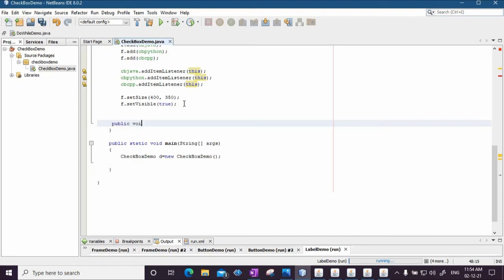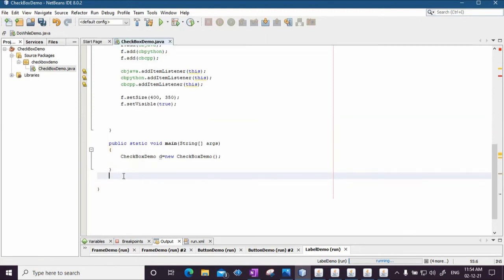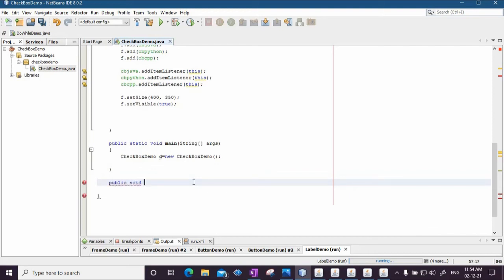Public void, the method name is, we can write it here before the closing of the class. So we'll write here public void item state changed.